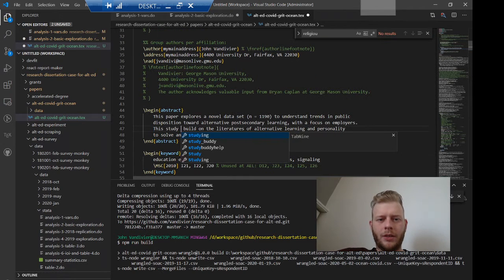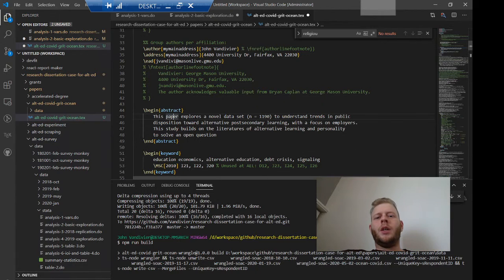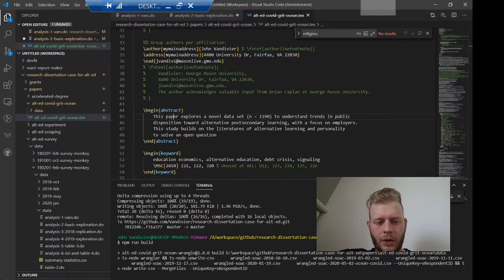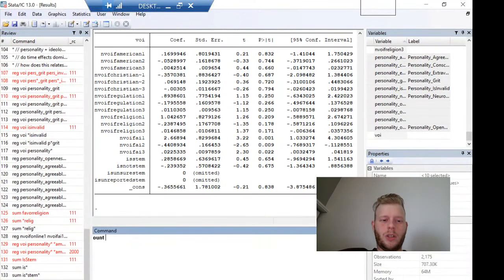This study builds. Trying to take out the personal I. And Grammarly can help you with a lot of this stuff. I'm doing this quickly and it'll all be rewritten. Passive voice should be avoided is another tip. This paper explores a novel data set in n equals, and let's count